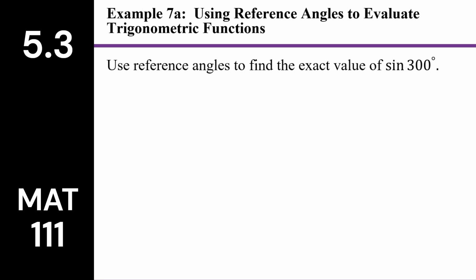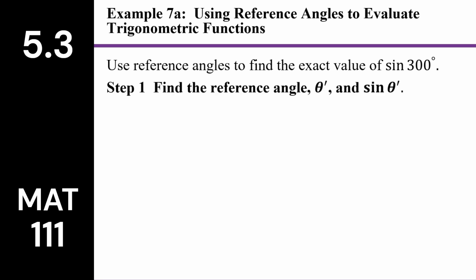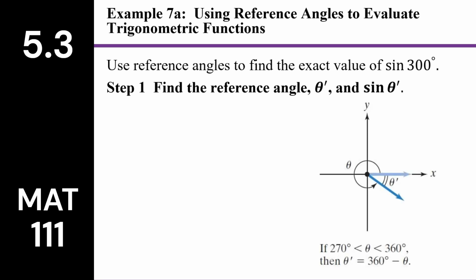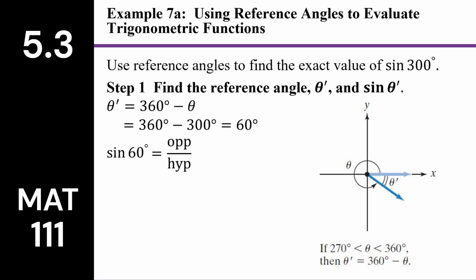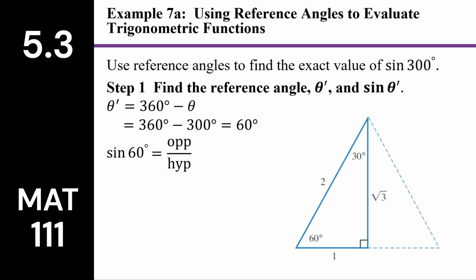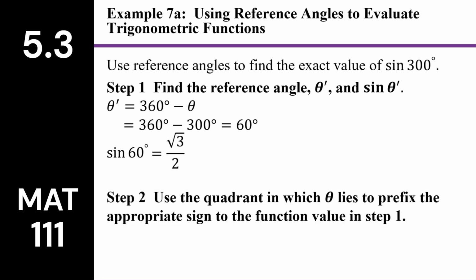For example, find the sine of 300 degrees. The first step is to find the reference angle and then the sine of the reference angle. Since our angle is in the fourth quadrant, we find our reference angle by subtracting it from 360, which gives us a reference angle of 60 degrees. To find the sine of 60, we can use our 30, 60, 90 right triangle, and the sine by definition is the opposite over the hypotenuse, and the opposite of 60 is radical 3, the hypotenuse is 2,